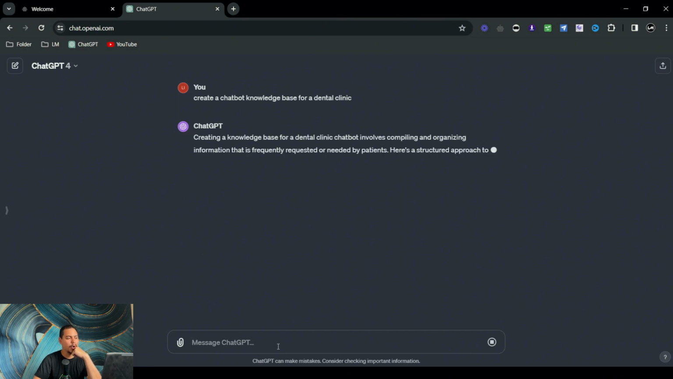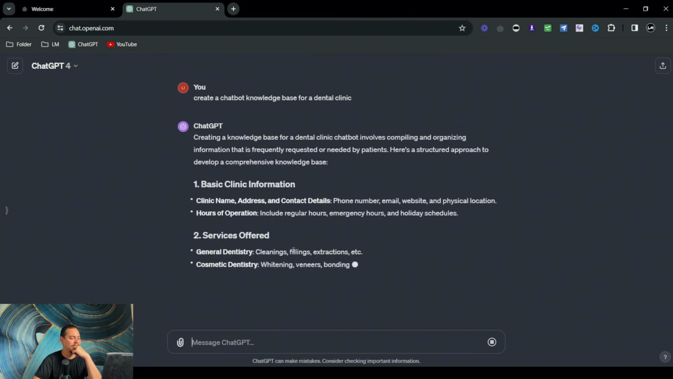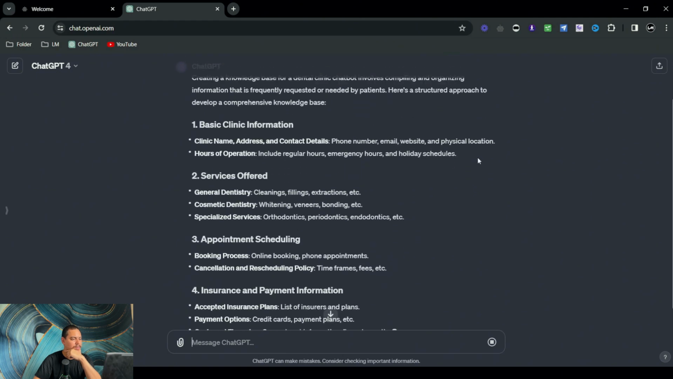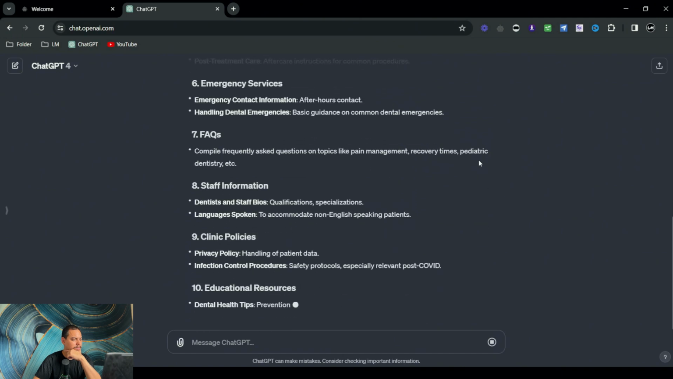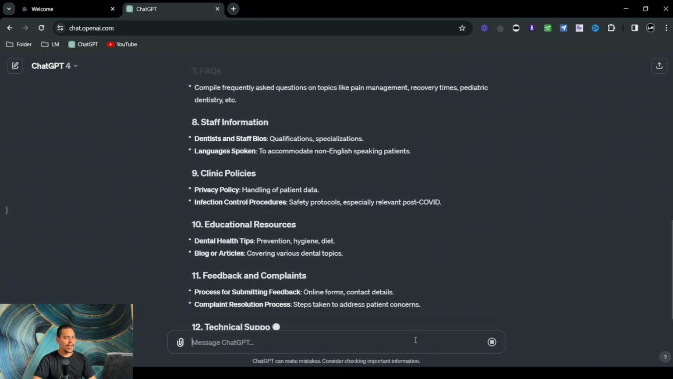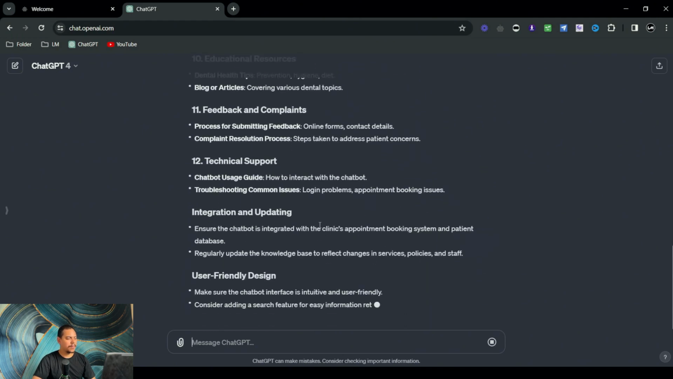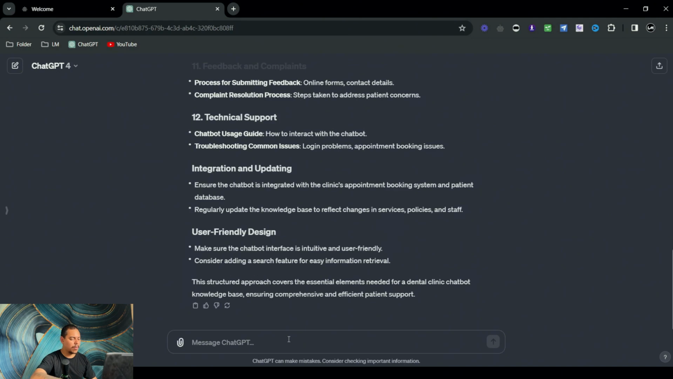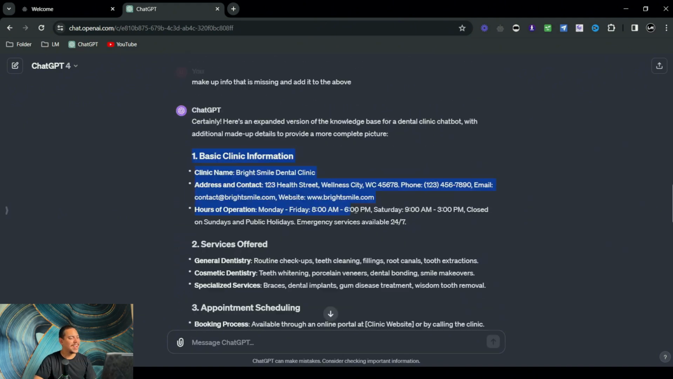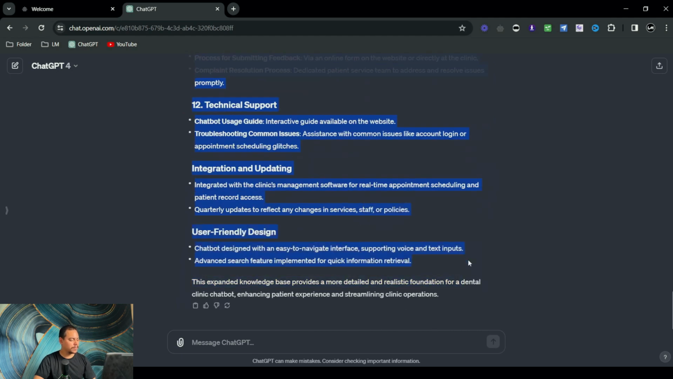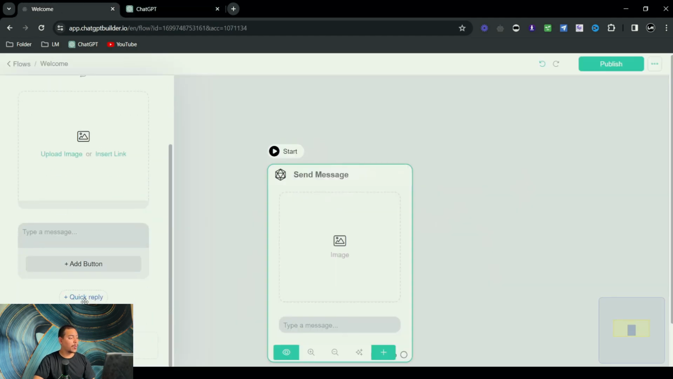Let's see if it gives it to me in text or in code. Okay, it's good. That's fine. That's looking good. Okay, so pretty much it's giving me very vague information. So what I'm going to do is simply say make up info that is missing and add it to the above. Anyway, so let's just copy this information, head on over to here,